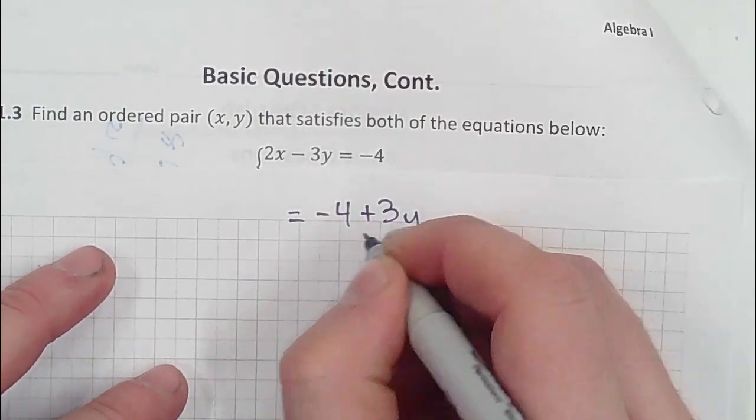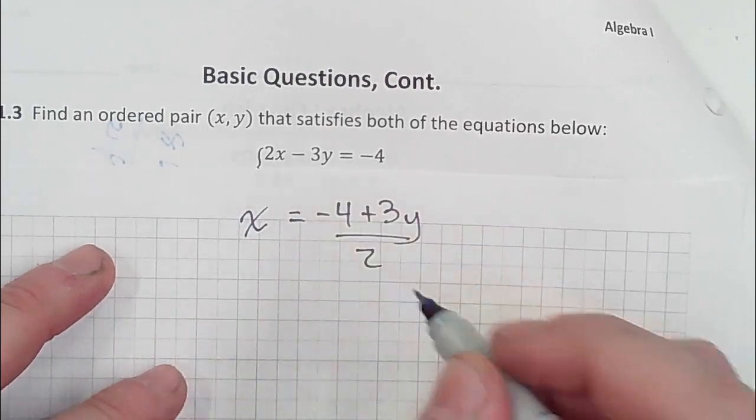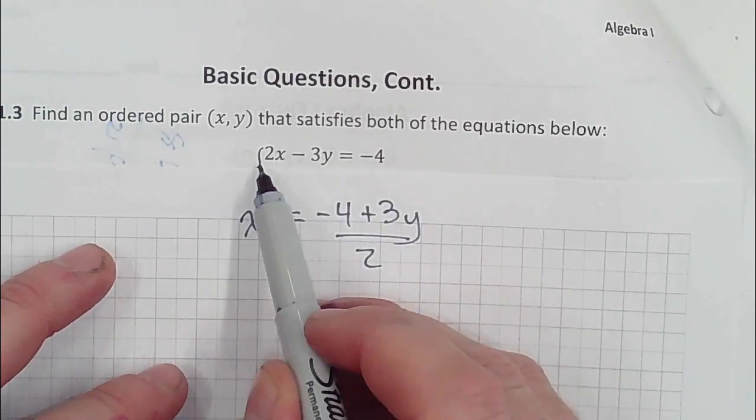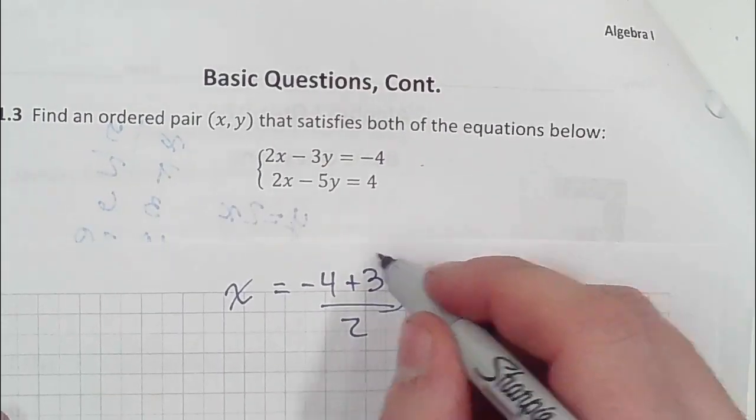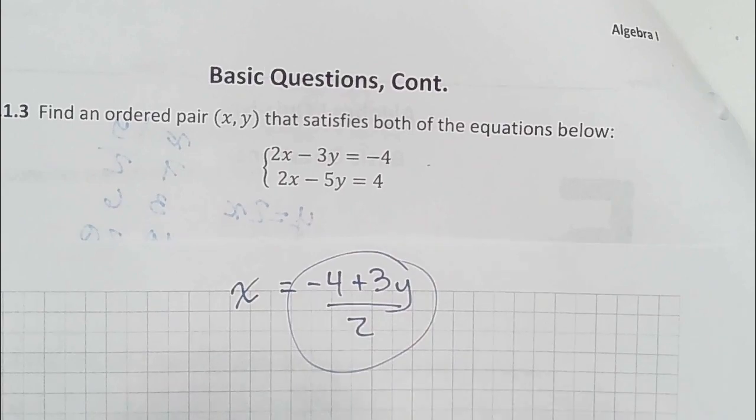We'd add 3y and divide by 2. Adding 3y and dividing by 2 gets rid of everything we don't need, and there's x, which we would then plug into the other equation here. You'll notice when we plug this in,